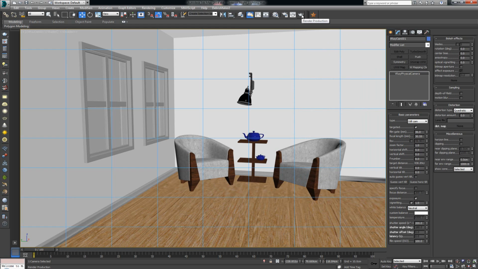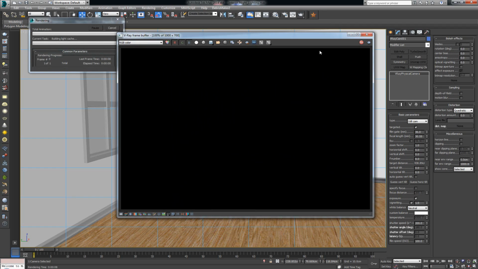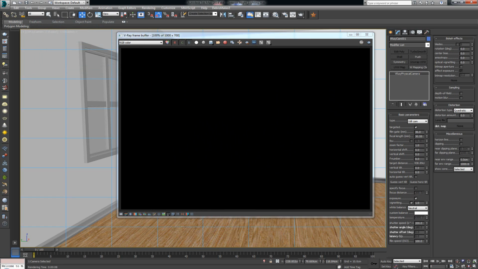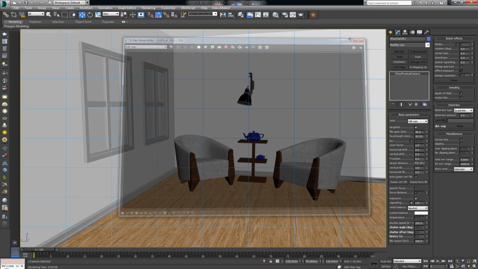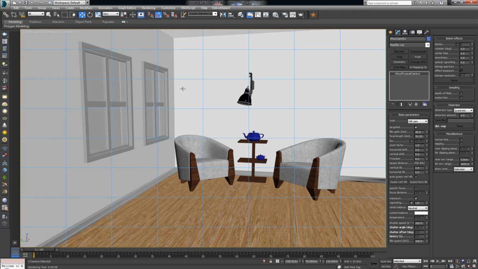So if you render it on your side for the first time, you should be getting something like this. As you can see, the entire image is pitch black and there is nothing inside that you can see that's noticeable. So in order to get rid of the blackness here that we're seeing, we need to tweak some of the parameters of our settings. So in this case, instead of tweaking the parameters for the lights, we're going to go over in the V-Ray camera,